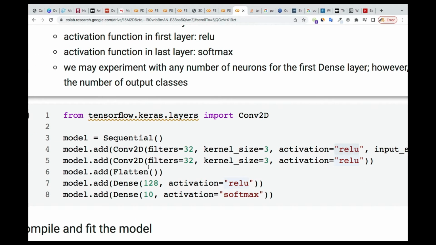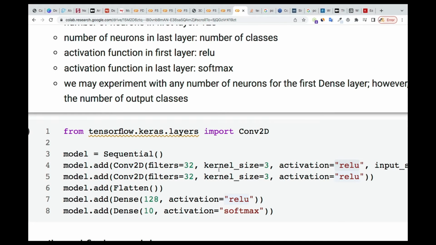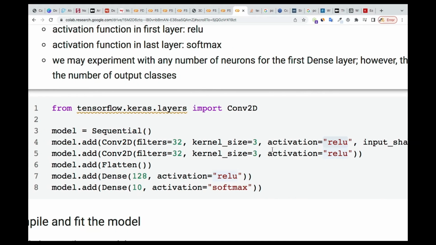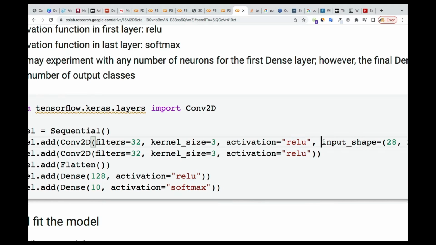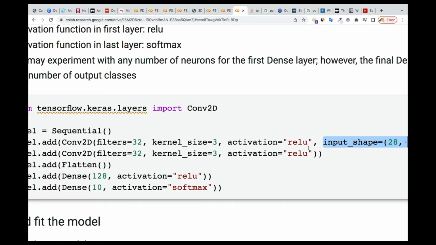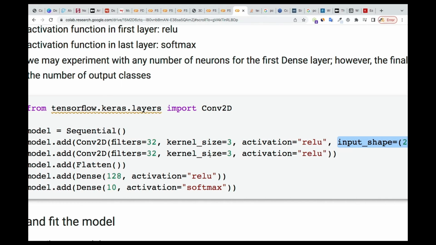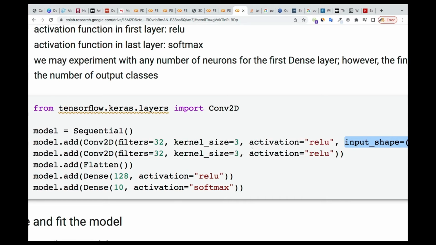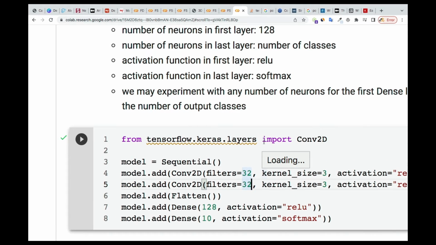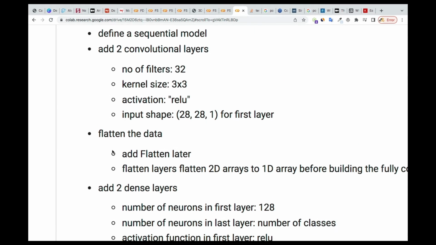So I'm adding 2 of these convolutional layers over here. Okay, and the input shape, once you specify it once here, you don't need to specify it again, so that's why here it's not coming, but the rest of the things are the same. All right, then once that is done, the next thing is to flatten the output that is coming out from this